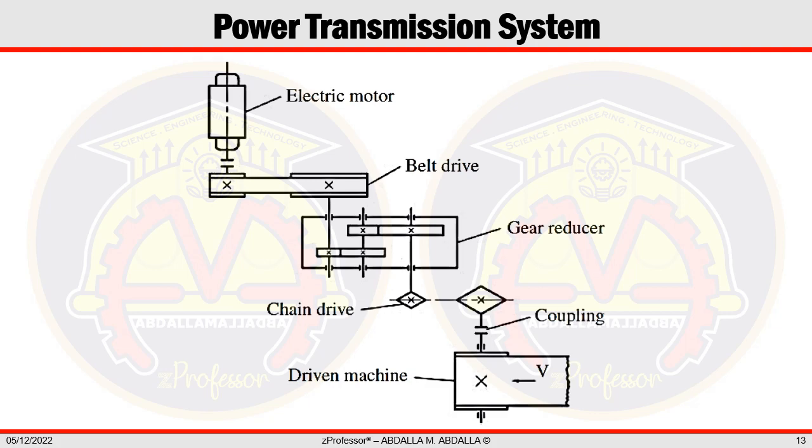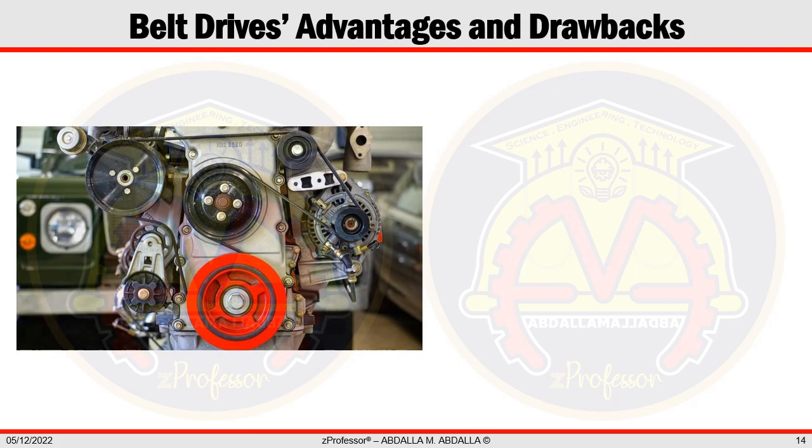To meet the driven machine's speed requirements, gear reducers and other drives with suitably specified speed ratios are employed between the belt drive and the driven machine. Compared to gear drives, the tolerance on the center distance is less important for belt drives since they are used to transfer motion over relatively large distance, and the configuration of the driving and the driven shaft is much more flexible.